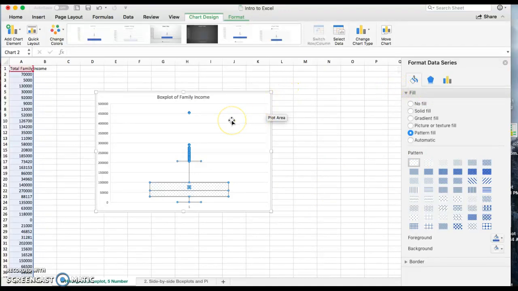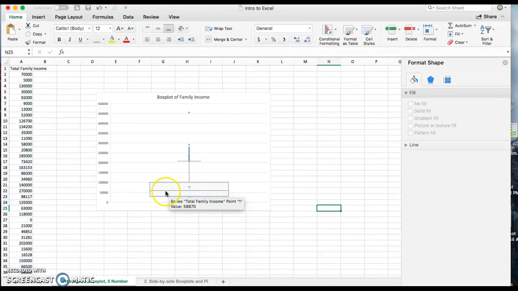The other thing, as you'll remember from our review, is that box plots do not show the mean. Box plots only show the median. So this line right here across the box, that's the median. But let's say I wanted to see the mean